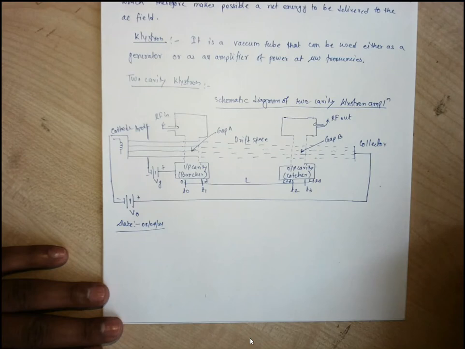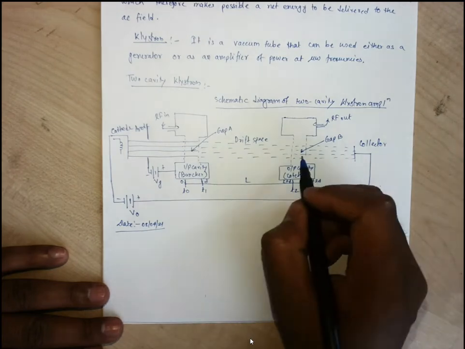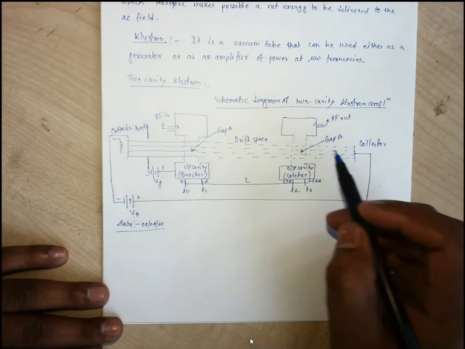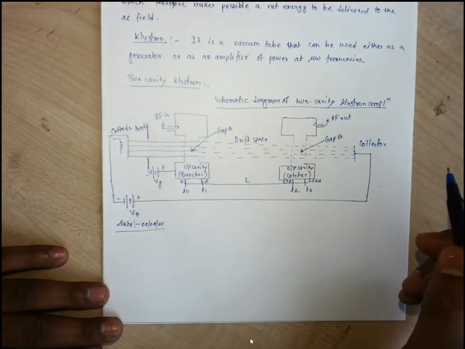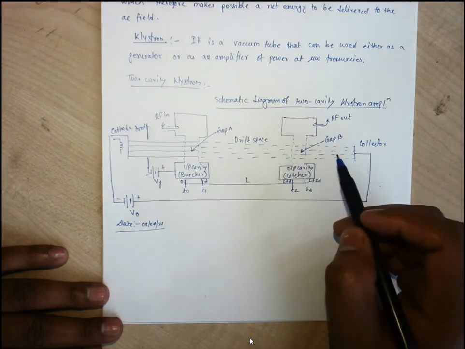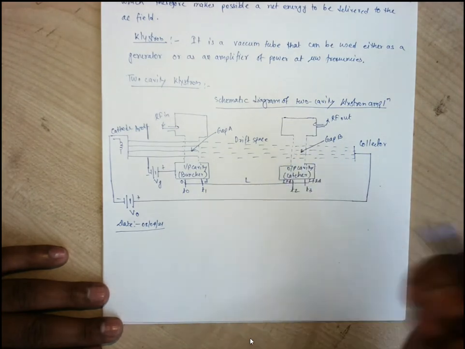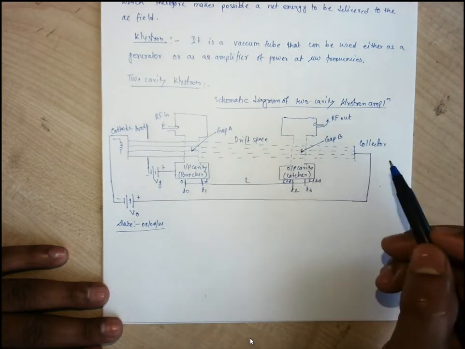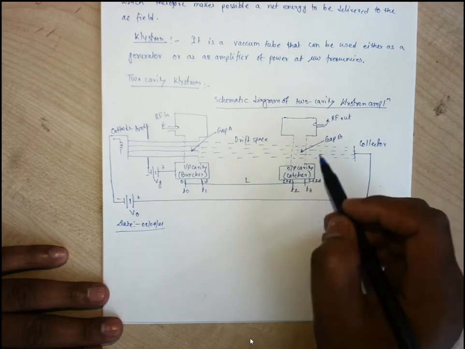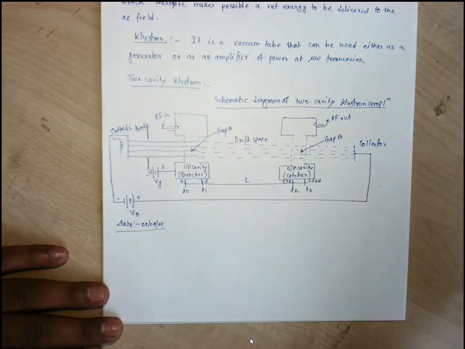They overtake all of them, and as a whole they form a bunch, and this second cavity is placed at a certain distance, so that when the bunches reach that cavity, they have the maximum number of electrons in the bunch. While they appear as a bunch in the second cavity, some electrons appear without bunch, so again some oscillation is created in that cavity gap, and it again produces the same resonance because these two cavities are the same.